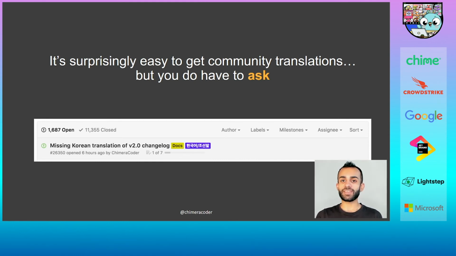But the key is that you have to ask. And it might sound obvious now that I'm saying it, but it's not something that your users are going to think to do unless you make a clear point of doing it. And it doesn't have to be overly elaborate. Create tickets the same way you do with any other issues, project milestones, file tickets, label them by language so people can filter and see what's needed and how they can contribute based on the knowledge that they have and also the time that they have available.